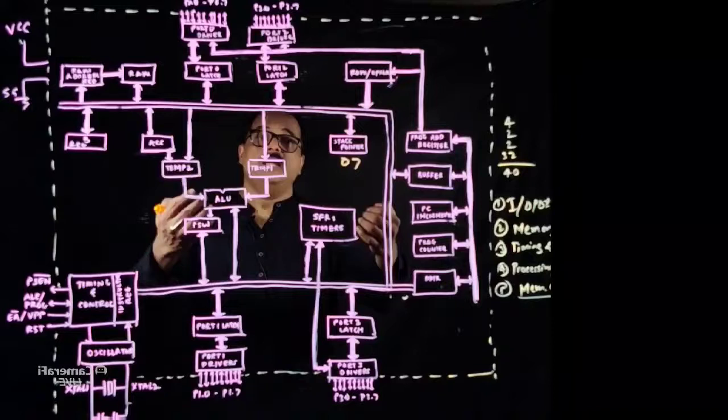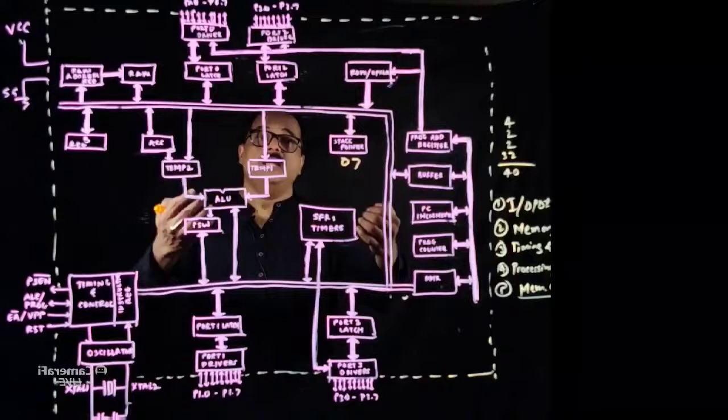So obviously this is just the architecture, but every block needs an explanation, and when you write programs, if you try to imagine what must be happening inside the microcontroller, then you understand this block better. Just this block which I forgot to cover, that is SFRs and timers, because that is connected to port 3. As you can see, port 3 has the pins which are actually taking care of timer operation and the interrupts. So obviously SFRs, that means special function registers, which are a part of RAM, and the timers